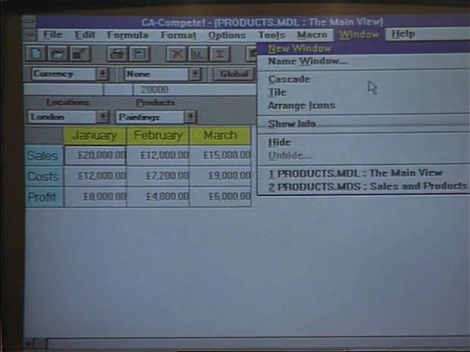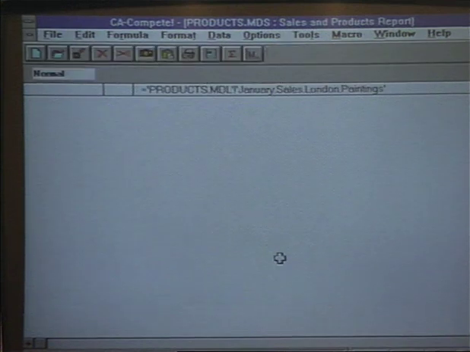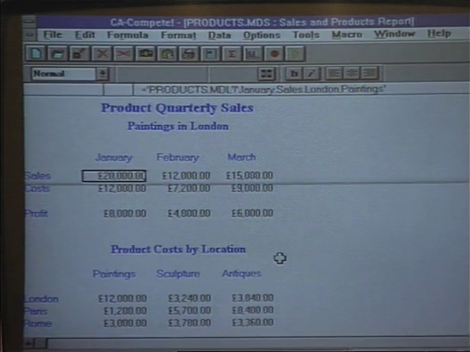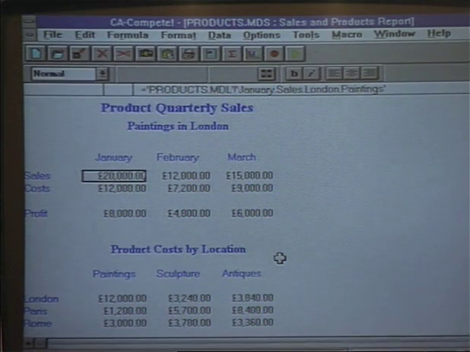If I go to a report, a spreadsheet view, here I'm taking advantage of a variety of different graphical attributes. I've suppressed the column and row headings as well as the grid. That's why it just looks blank. But you've got all of the spreadsheet functionality that you would expect, including a very powerful macro programming language called